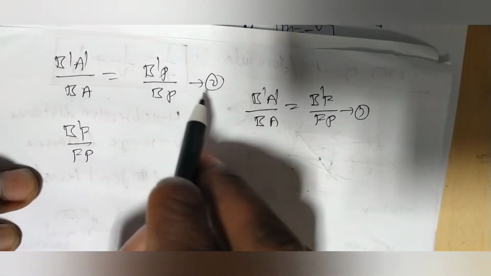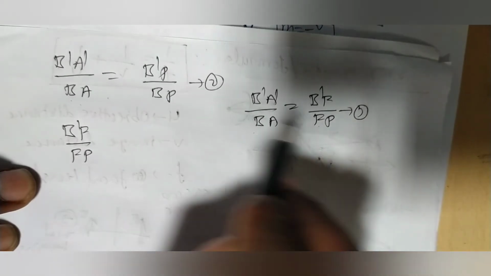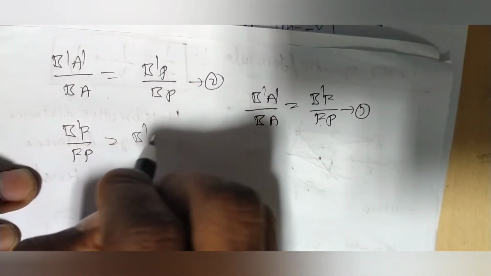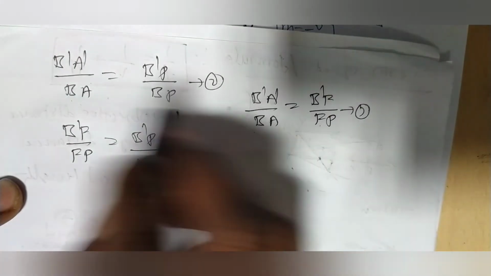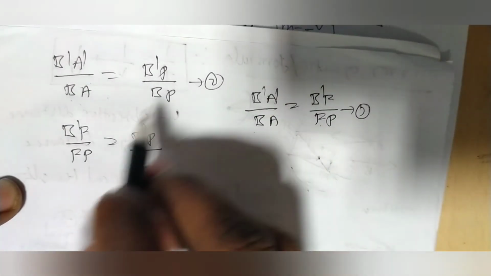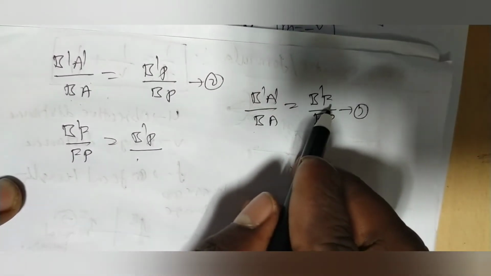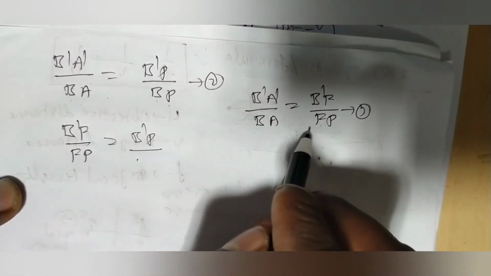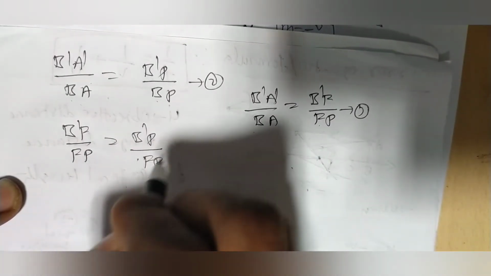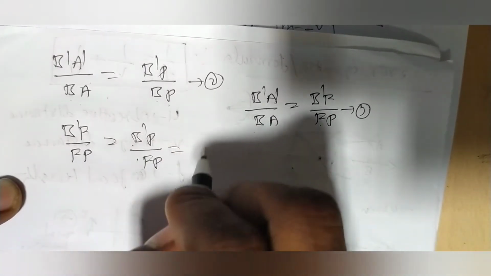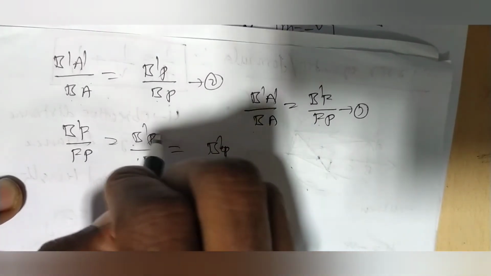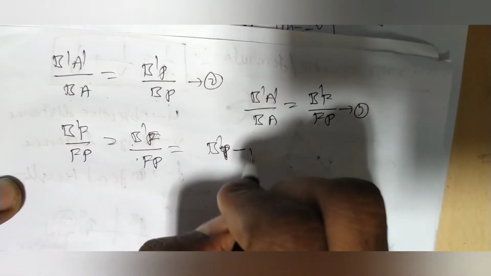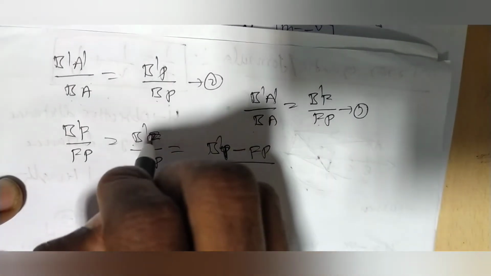Right hand side will be different, that is b dash f by fb is equal to b dash p by b dash p by... Both are equal on the left side, that's why the right side is also equal, that is b dash p is equal to b dash f and b dash p is equal to fp, that is p dash p can be written as b dash f, sorry, b dash f, that is b dash p minus fp.